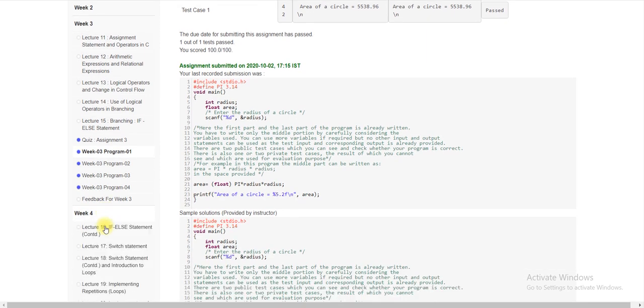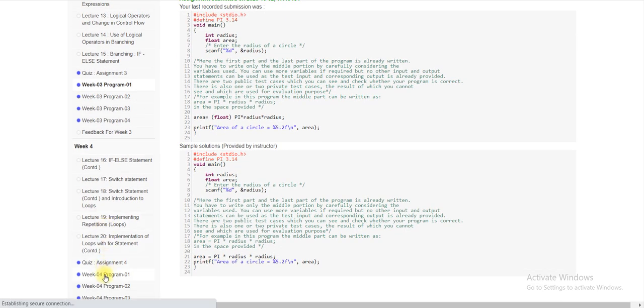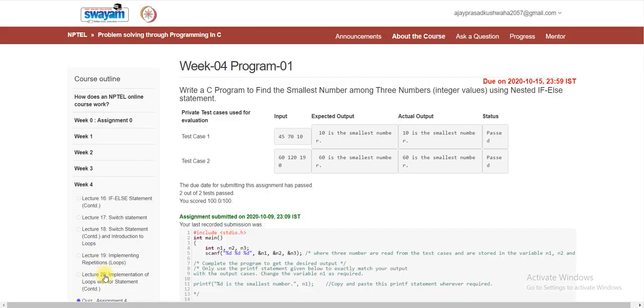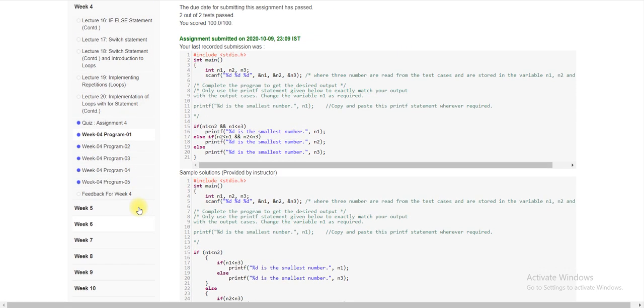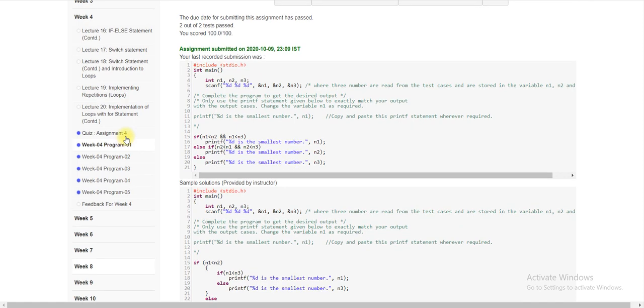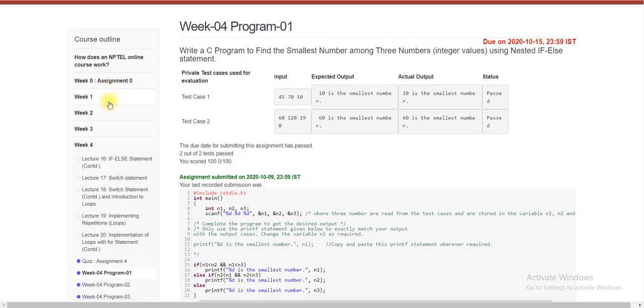Let me open week 4. I just want to show you the difference, why I am telling you it is different. Okay. So from week 4 it is not written like any such condition. So from week 4 to week 12 we will get both programming assignment plus quiz assignment, and for weeks 1, 2 and 3 only the quiz assignment score will be evaluated. So there are 3 weeks here.